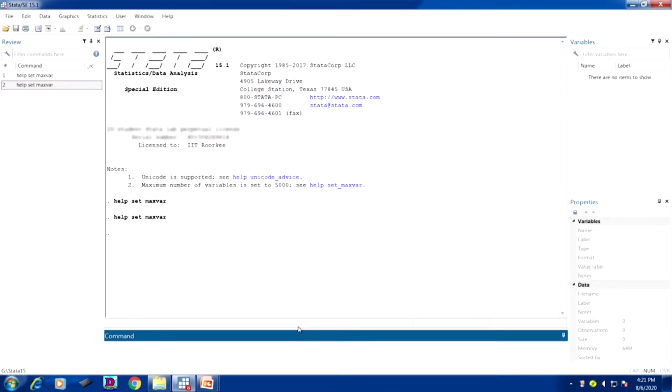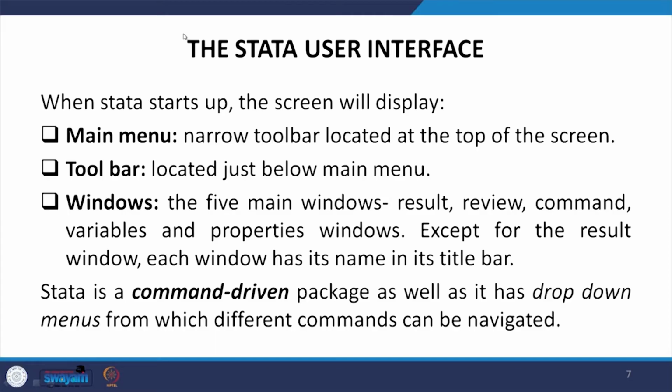Now, let me quickly go to the interface, the window of that particular version of Stata. Once you have installed it, there are different parts of the interface. One is called the menu bar. Let me first tell you, then we will come back to this particular one.